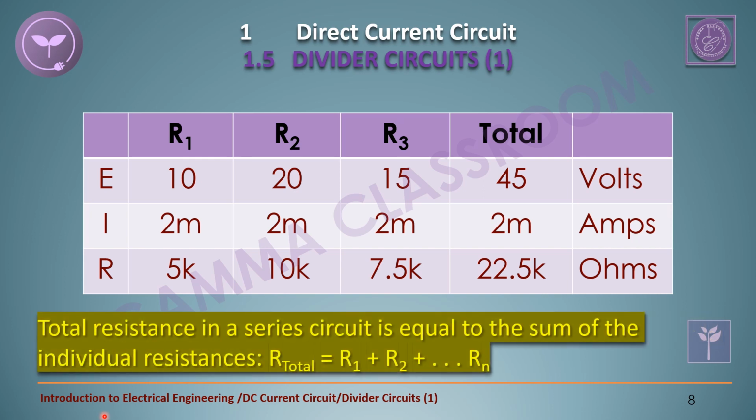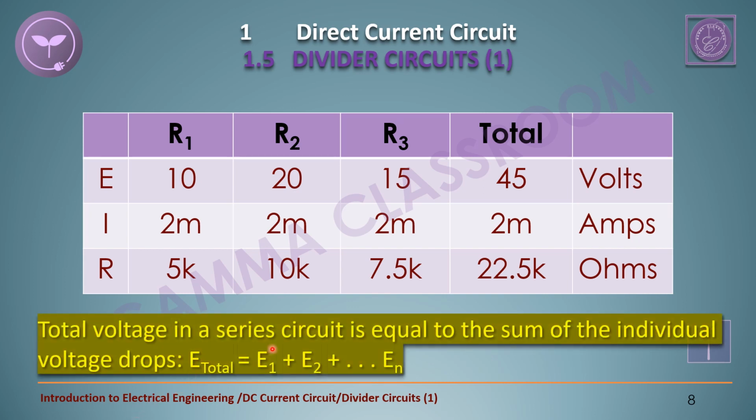total resistance in a series circuit is equal to the sum of the individual resistors. It means R total equals R1 plus R2 plus Rn. There are 3 resistors in this circuit, so the total resistor is equal to 5 plus 10 plus 7.5 kilo ohm, equal to 22.5 kilo ohm. The number 3,